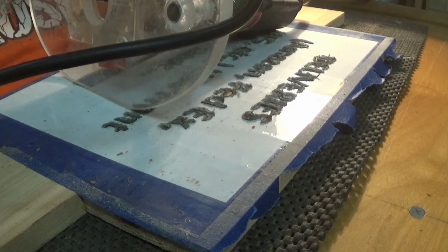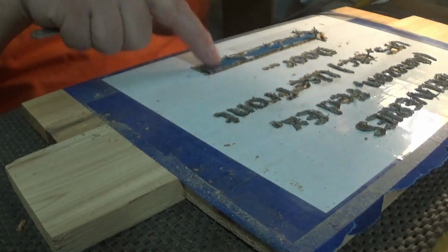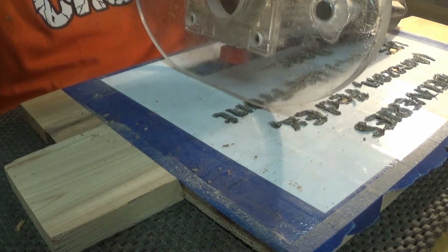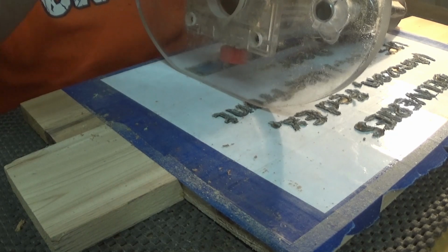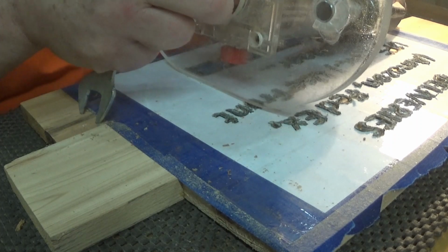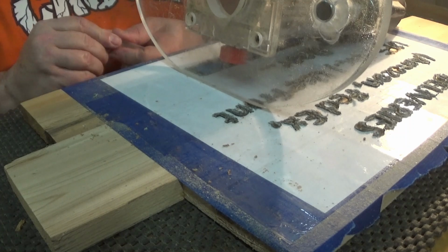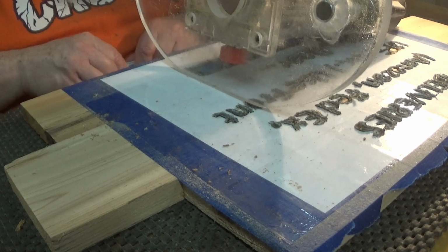Every now and then you get a piece of wood, like this bottom piece right here, where the grain just likes to fight you. That's what's happening to me down here on this arrow. The grain's been fighting me. So I got some runaway in some places. Now where it runs away on the inside where you're gonna cut the background out, it doesn't really matter. But when it runs away with you on your outside border or perimeter, that's supposed to be nice and straight, that's when it's a problem. So I will show you how to fix that again after we take all of this stuff off so I can see my lines. But before that,